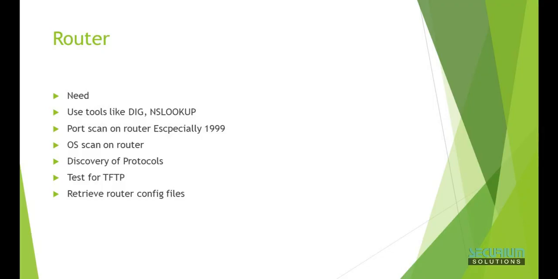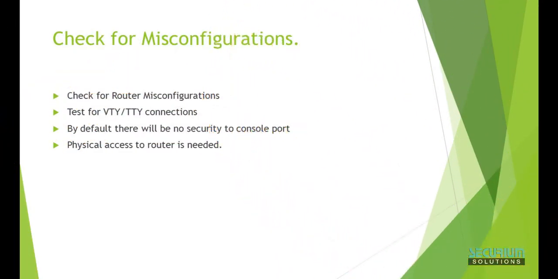Why do we need to scan TFTP? We all know TFTP, Trivial File Transfer Protocol. We use this to push firmware upgrades and router configuration files to our network devices. So that's why we test for TFTP services, and then we try to retrieve configuration files. When you get into the files, you can easily find passwords and lots of sensitive information in the network. Okay, so next we have to check for router misconfiguration and